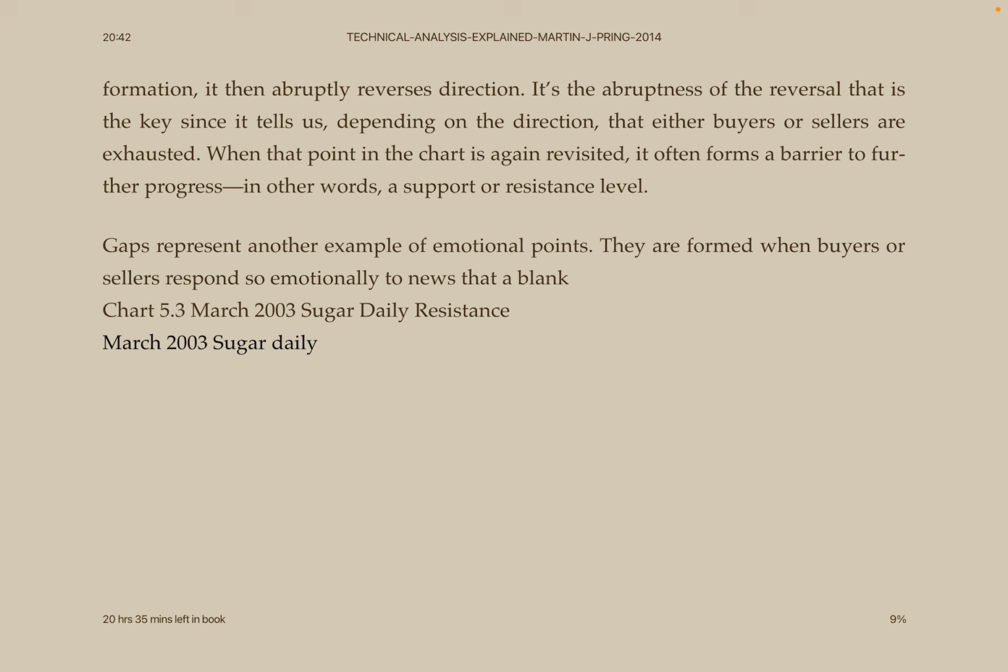Gaps represent another example of emotional points. They are formed when buyers or sellers respond so emotionally to the news